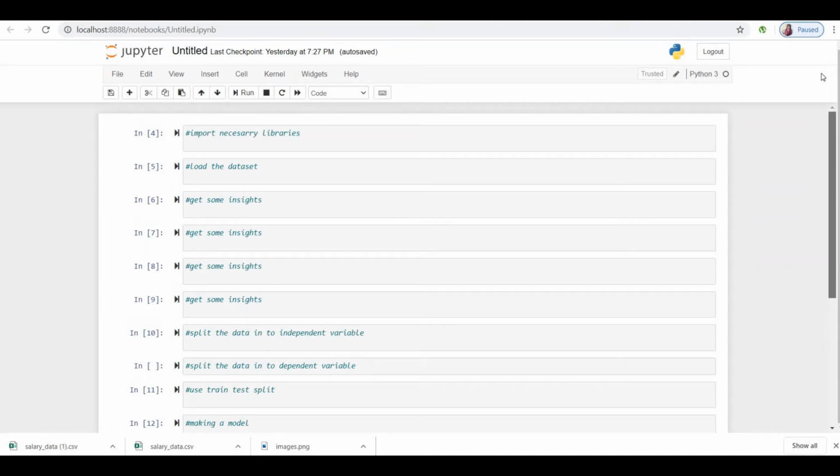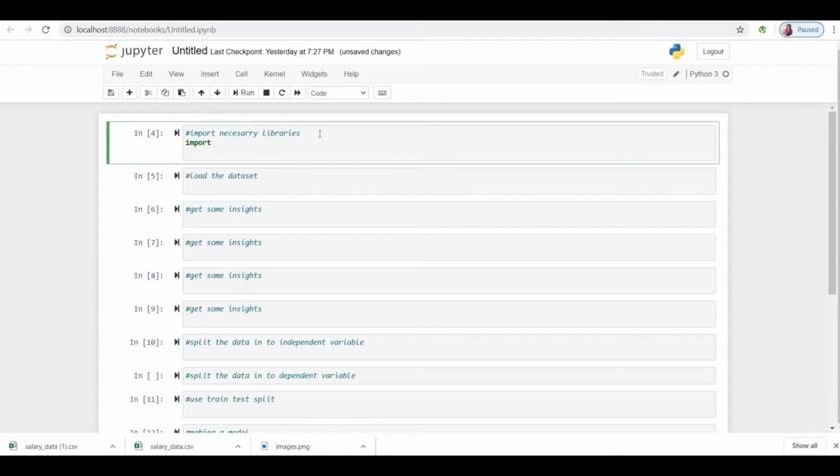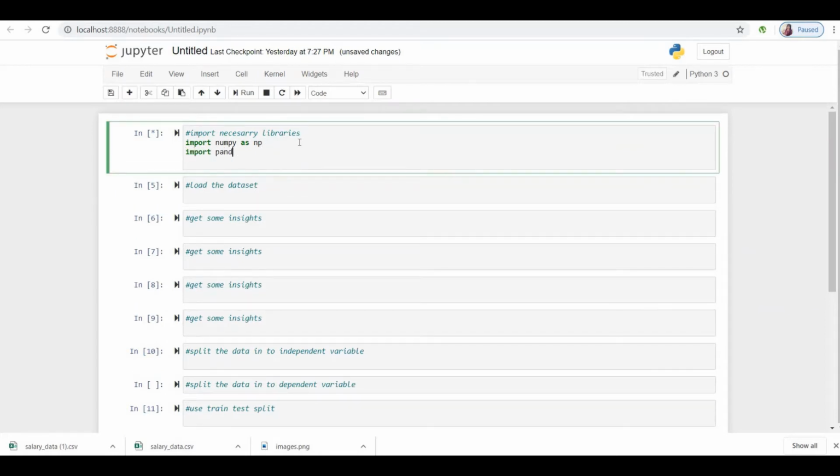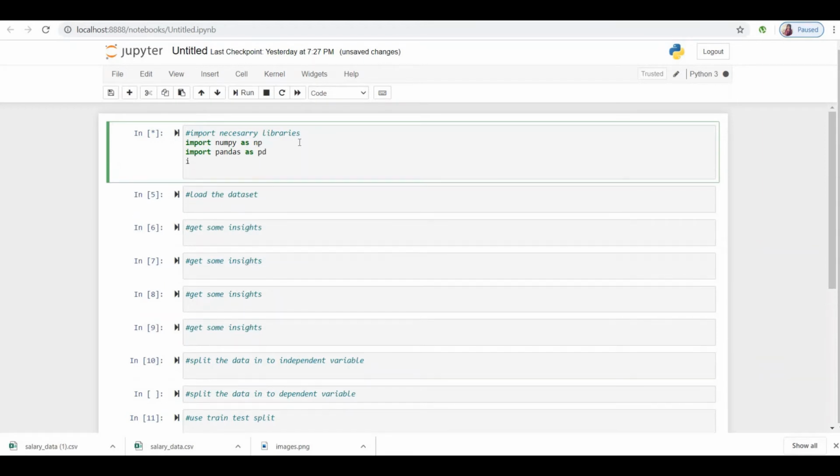So let us proceed. First of all, let us import some of the required libraries. I will be importing import numpy as np, and after that import pandas as pd, and then from sklearn.model_selection import train_test_split.